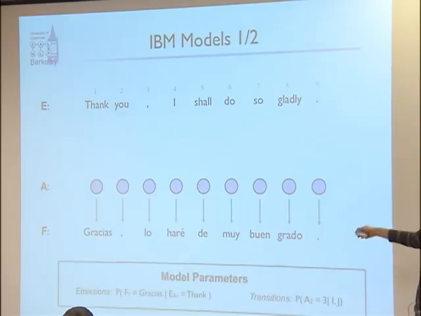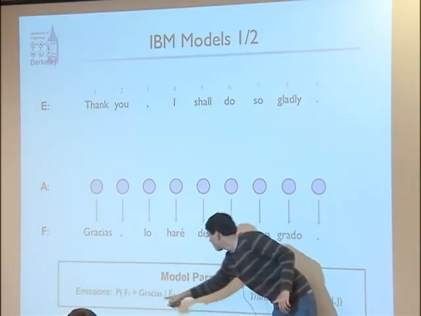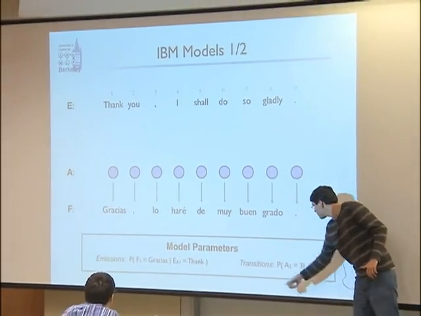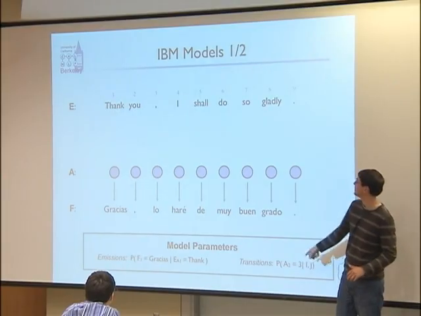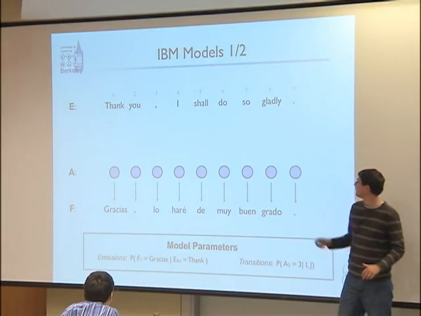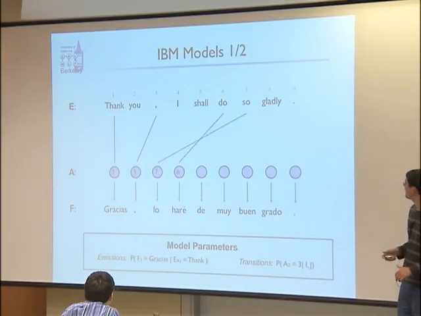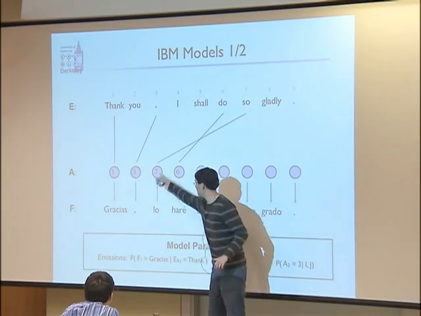And in model 1 and 2, all we had as our model parameters were what's the probability of the foreign word given the English word, and then some probability, well, it's not really a transition probability, this is a misnomer, some probability that the alignment is what it is. So 1 goes to 1 we like, 3 goes to 3 we like, etc. Some of these we really don't like. Like the 3rd word going to the 7th word,